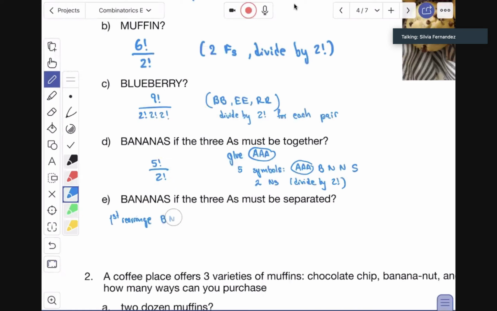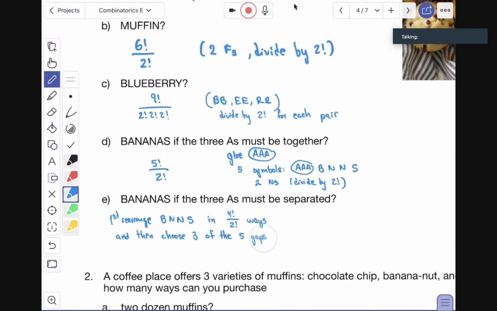So B, N, N, S, and this takes 4 factorial over 2 factorial ways. And then choose 3 of the 5